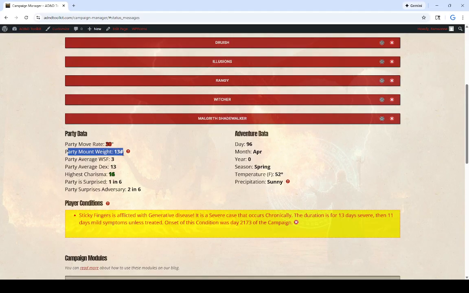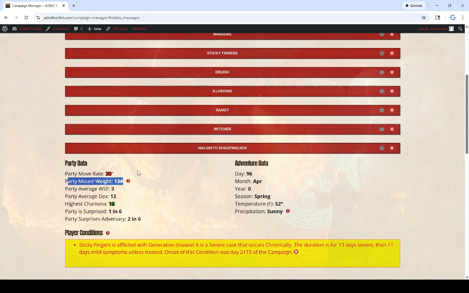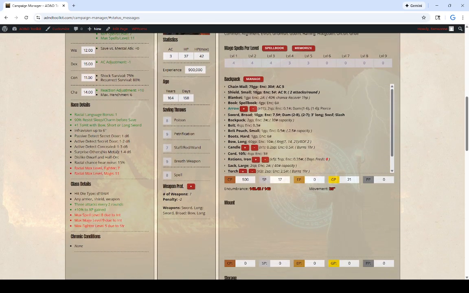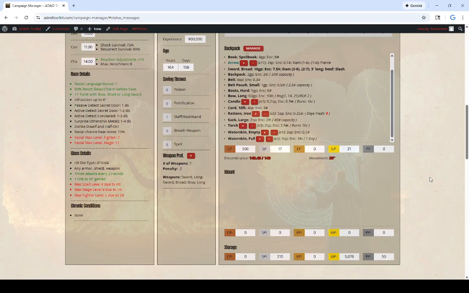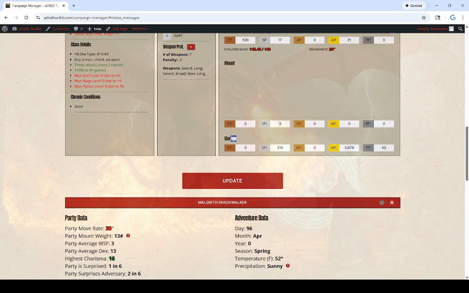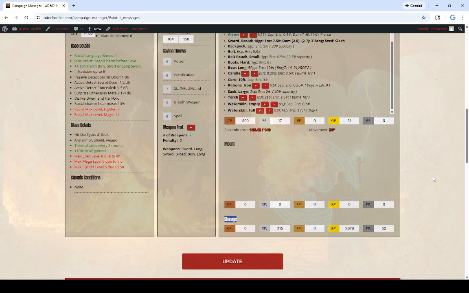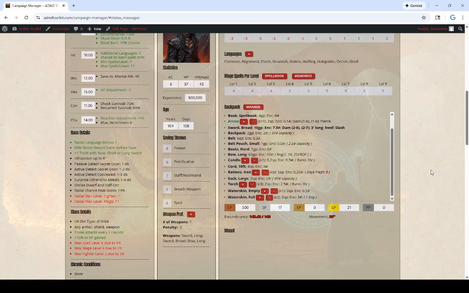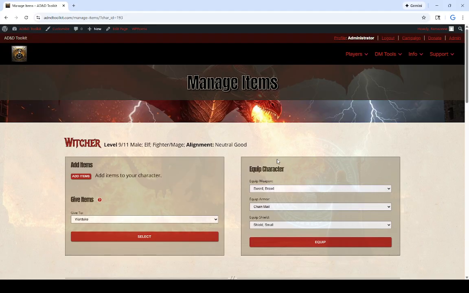Similar effect with the mount. So what happens here is, if you've seen the player videos, players have 3 locations for storage. They have their backpack, which is their personal items on their body, a mount, which could be a horse they're riding, or say like a cart and a mule that the party is sharing, and then their permanent storage, or semi-permanent, which could be their home, or an inn they're staying at, or a bank vault, whatever they're using as a base of operations. But so if we go into managing items again,